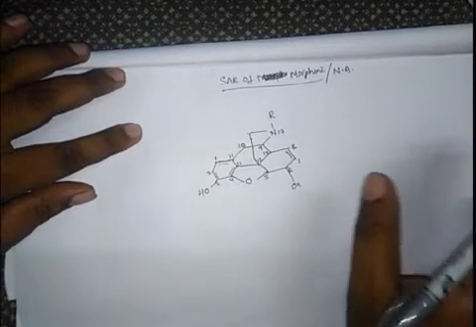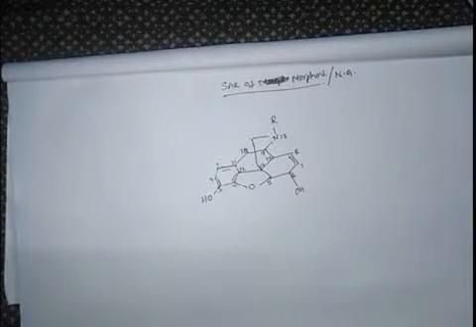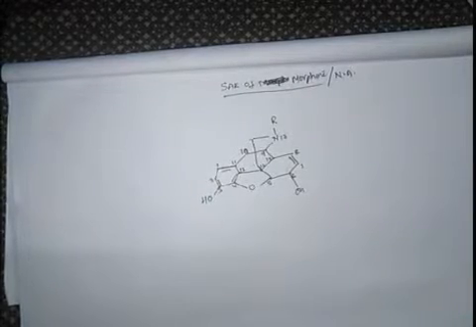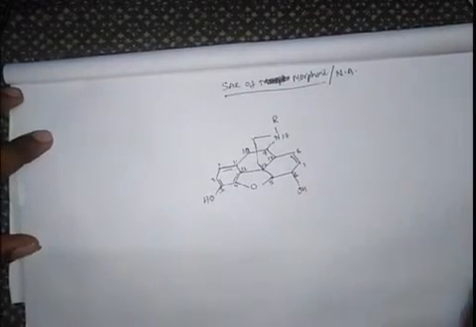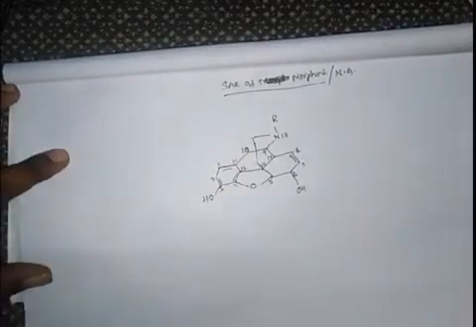When you are discussing the structure-activity relationship, the first point you have to discuss is the structure of morphine, already discussed in your lecture. So when you are writing about the SAR of morphine, better to stop.